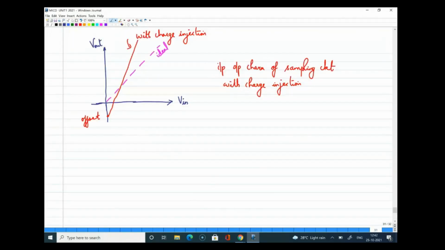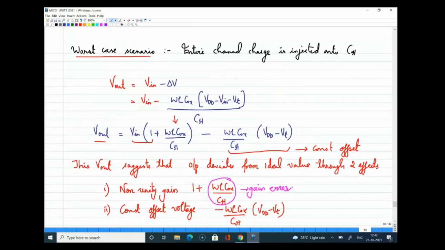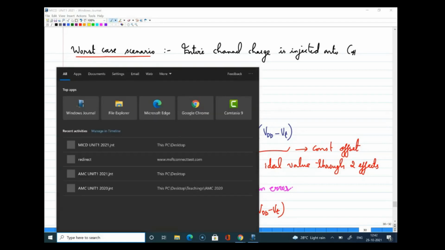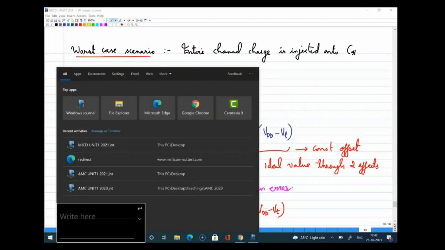Before moving further, this is how we ended our previous class. In the worst case scenario, we considered that if the entire charge is getting injected to the hold capacitor, our Vout can be expressed in this form. And we saw that there is one term here which will give you a non-unity gain. Along with that,